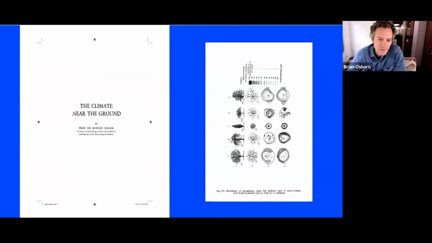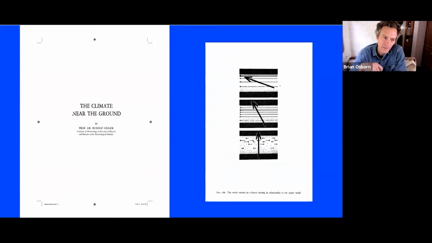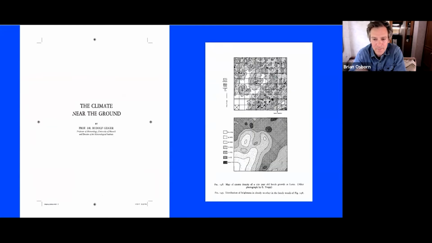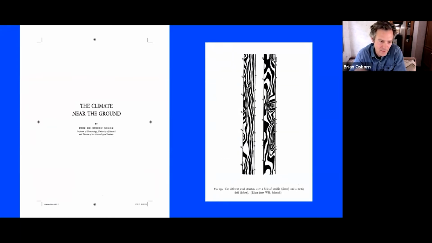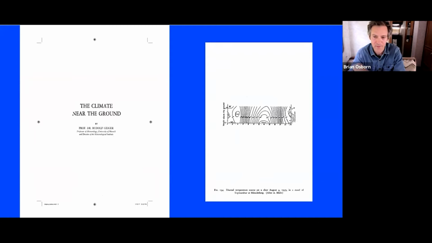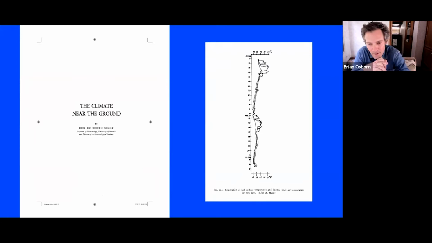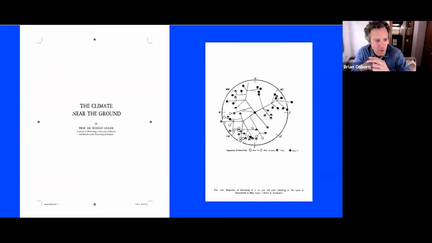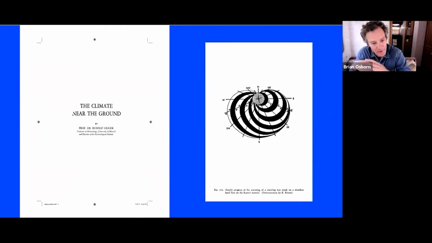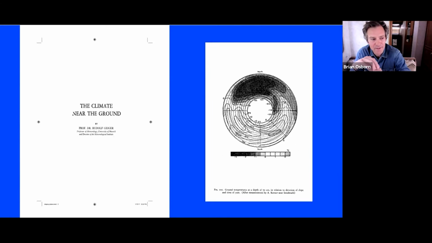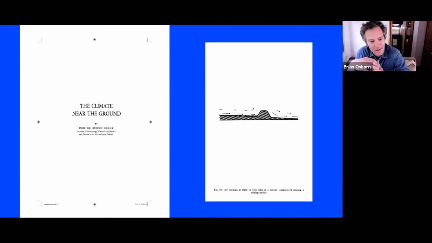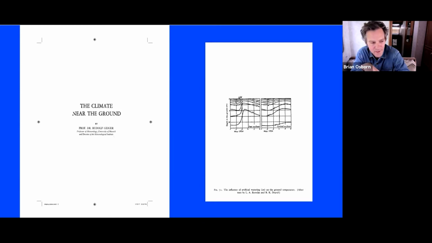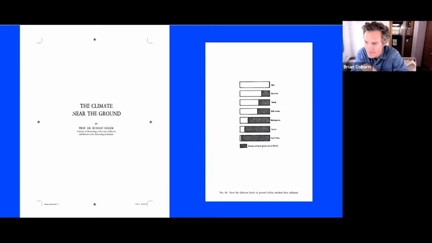One of the things that is in that essay and that I want to pick up on here are these images, from this book called The Climate Near the Ground by Rudolf Geiger. I think it's a really beautiful book, and if you aren't familiar with it, I suggest you get a copy. And if you're nostalgic about drawings and artifacts, I suggest you get the oldest copy that you can get your hands on.